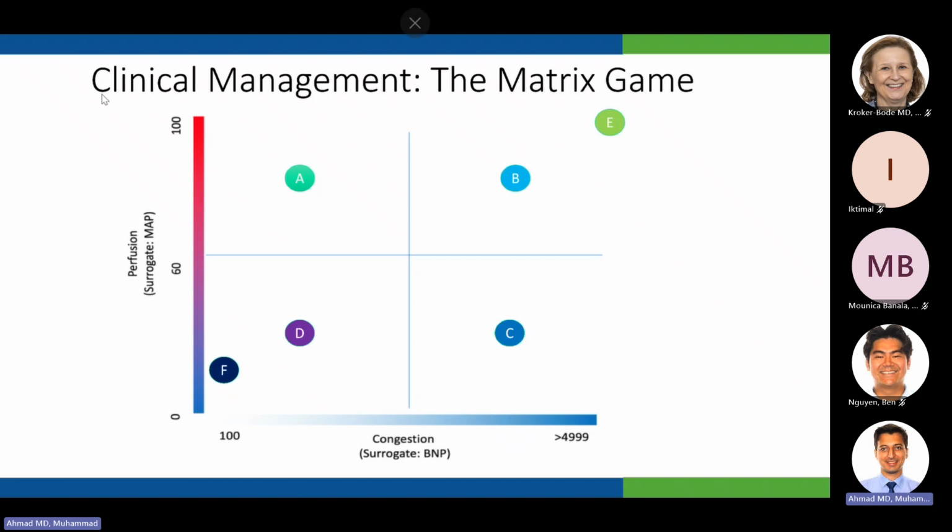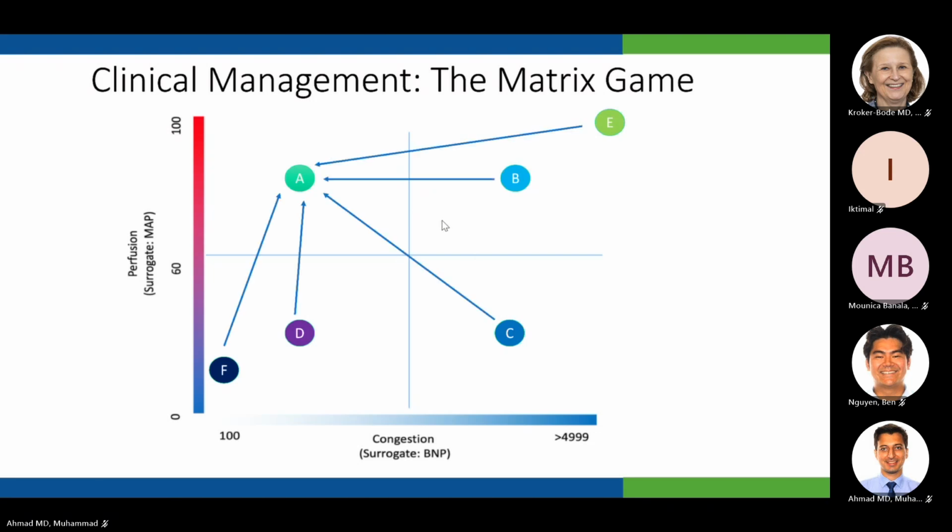So here we have 6 patients. They are within the matrix, and you have patients with all degrees of congestion and perfusion, and that's how they show up in the hospital. They don't show up classic in one of the 4 boxes. They show up like this. And so you have to use your clinical acumen, test results to figure out what's happening and what you're going